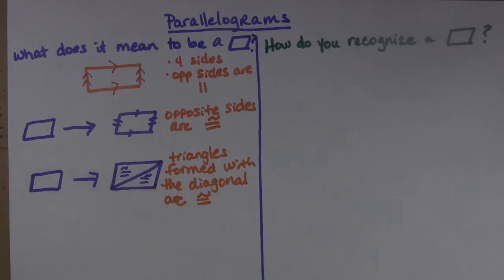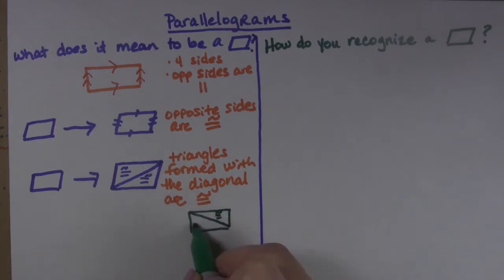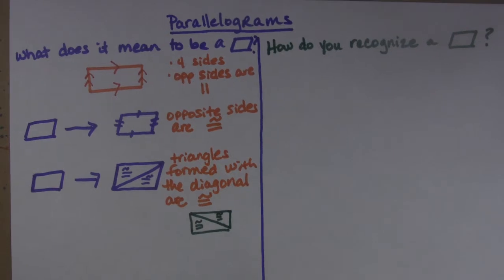Okay, and just to make sure that I'm not leaving anyone in the dust here, you could draw your diagonal the other direction and you would get the same thing, right? So